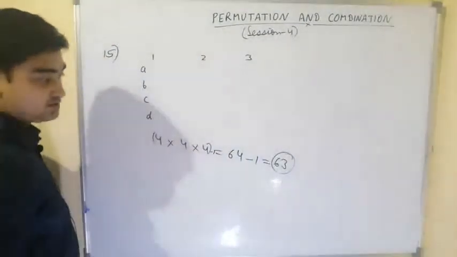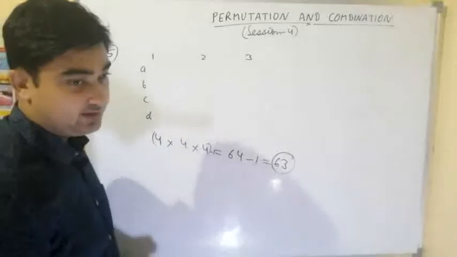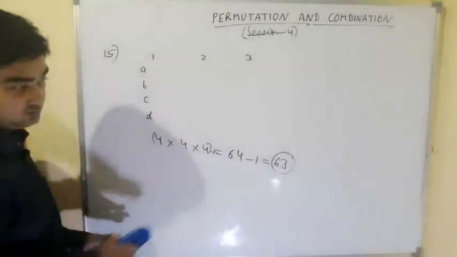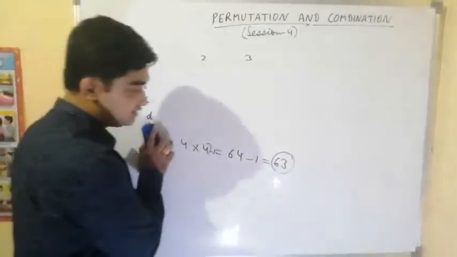Total available choices are 64 minus 1, minus 1 that case where everything is right. So choices in which everything is not right is 63. Now we'll do the next problem,